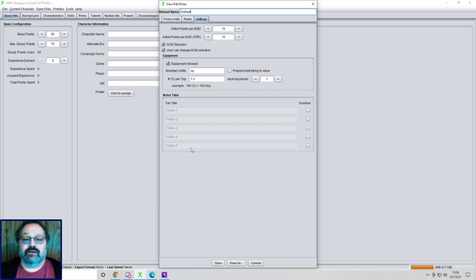And then equipment allowed is not going to be useful for us in superhero games, because superheroes have to buy everything with character points. They are not allowed equipment. So even though theoretically you could go down to the local gun shop and buy a gun, if you're a superhero, you have to pay character points for that gun. You can't just walk in and buy a gun with cash. Alright, so with that in mind,